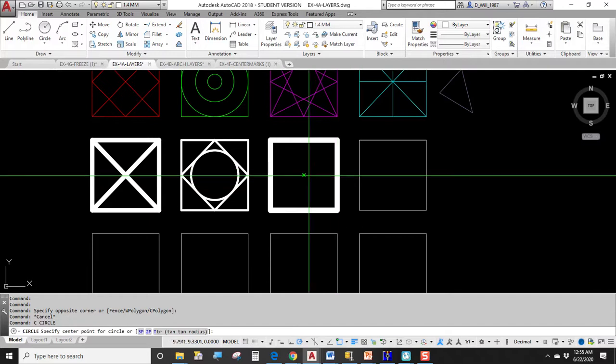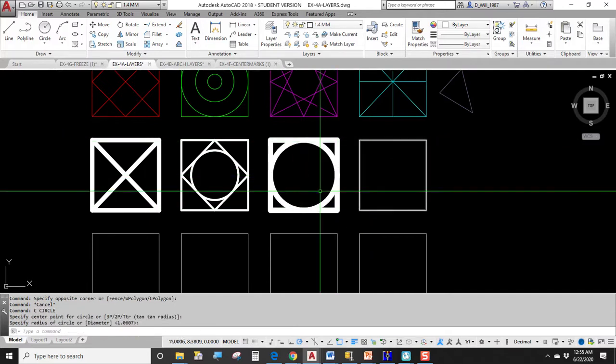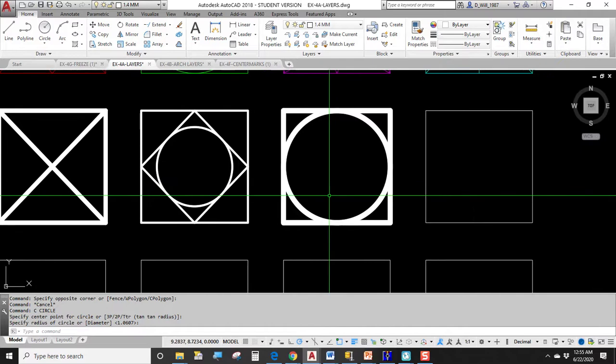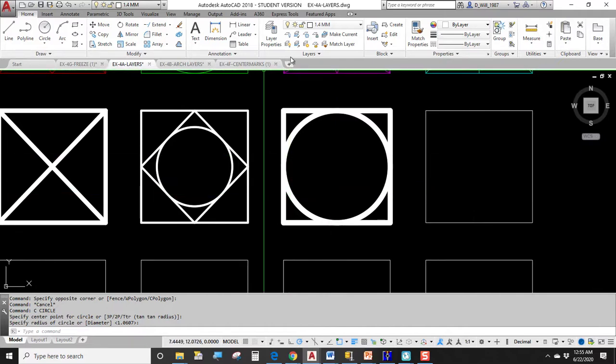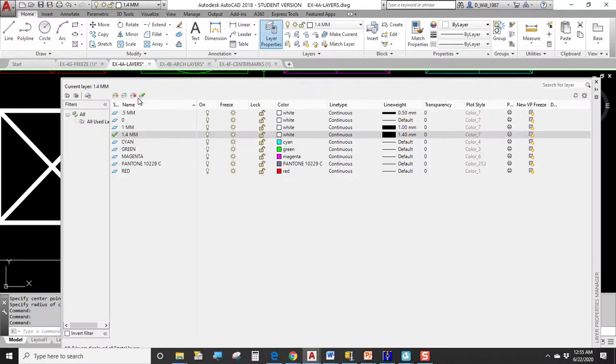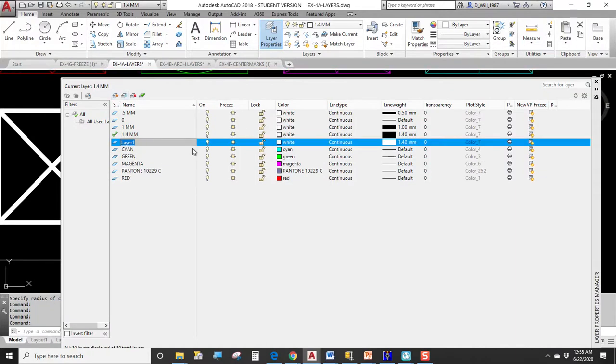And then we're going to draw something. Bam, with that heavy 1.4. Okay, and for our last one, let's do this. Let's make a new layer. Let's call it 2.11